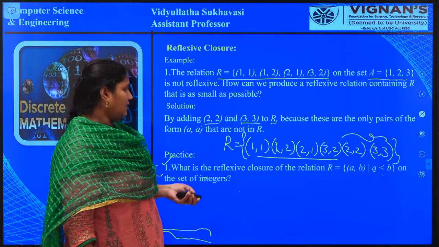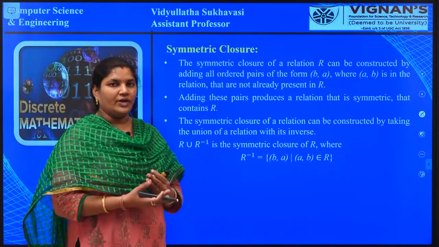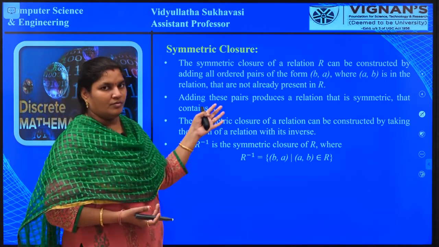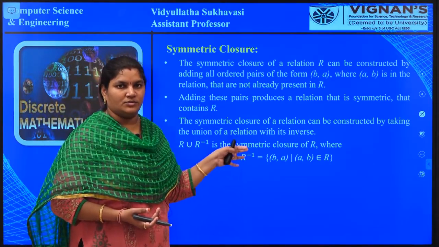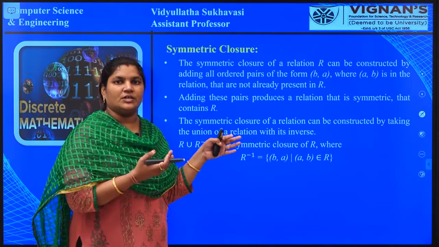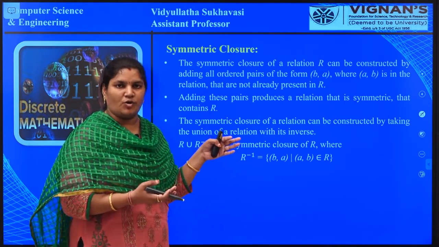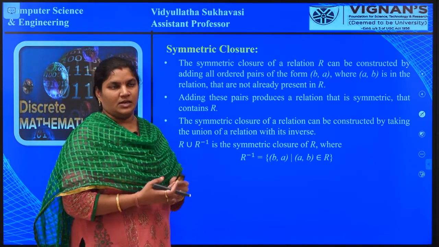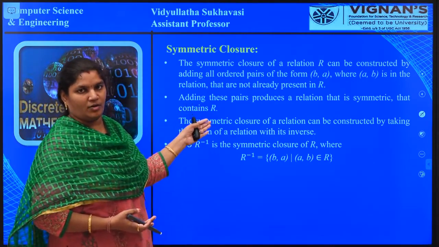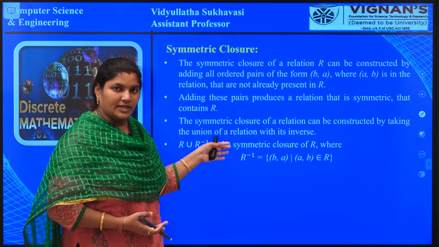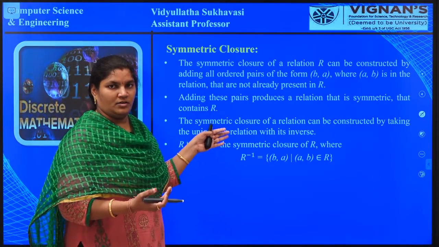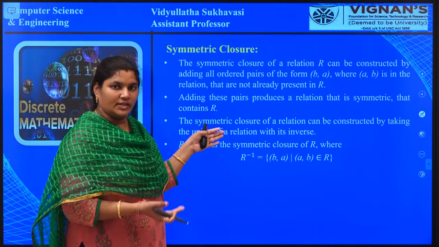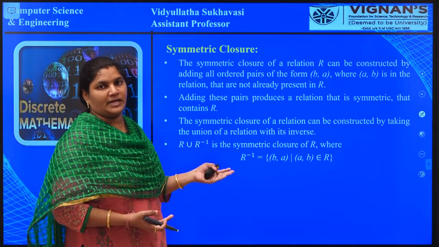So next, see symmetric closure. How are we going to check the symmetric closure? Here also we use the same technique. In reflexive closure, the reflexive ordered pairs not in the relation R, we add those ordered pairs. In the same way, in symmetric closure, the symmetric ordered pairs which are not in the relation R, those ordered pairs we need to add in